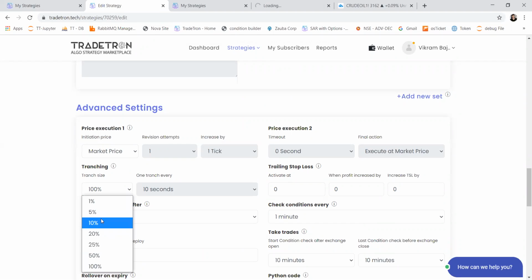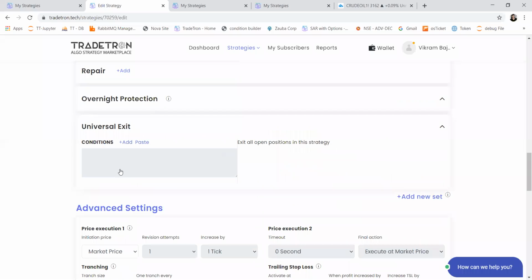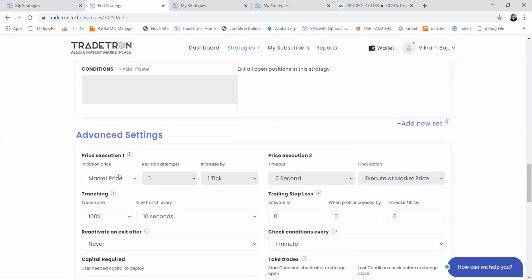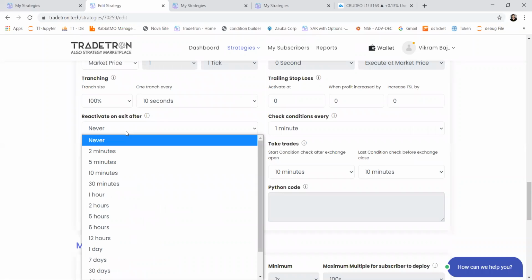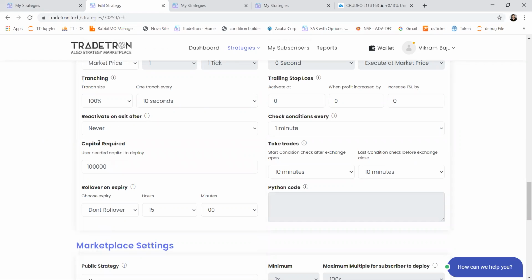Then we have tranching, like if you want to take a huge size, then you can tranche your orders in multiple sizes. That can be done from here. And every entry to universal exit cycle is basically counted as a counter. So once an exit happens, after how long you want to reactivate the strategy to take a new trade, that you can set from here.